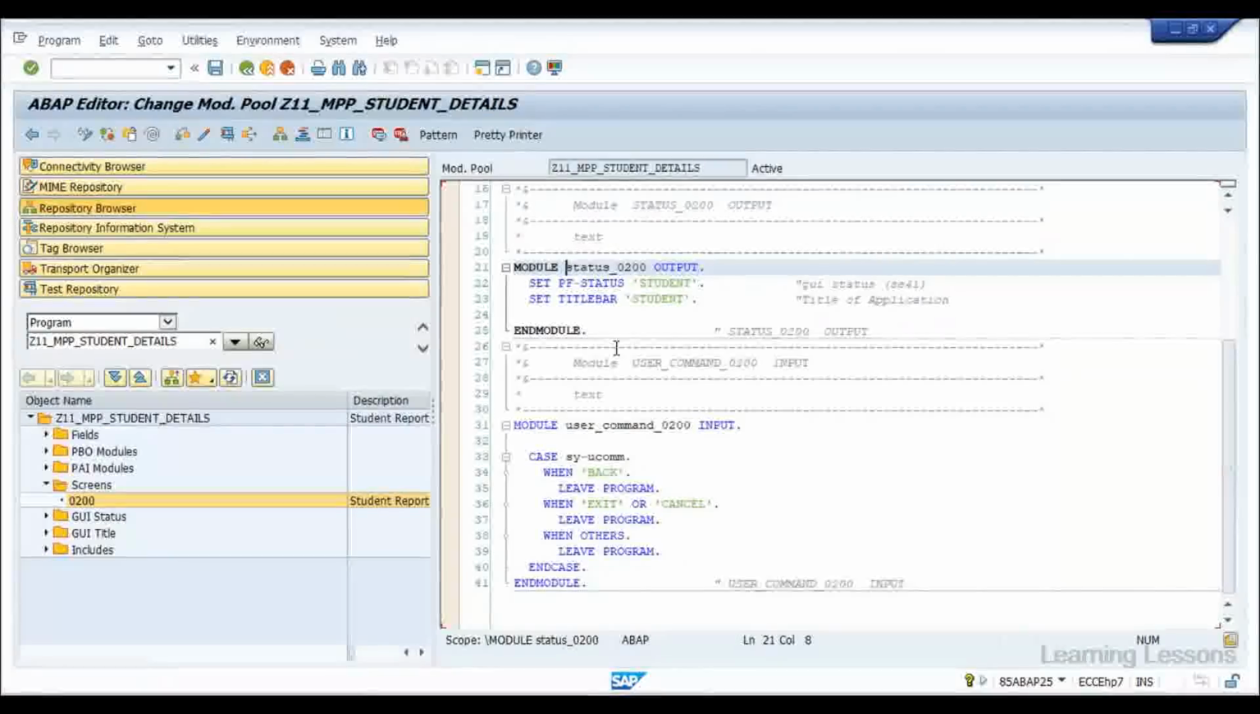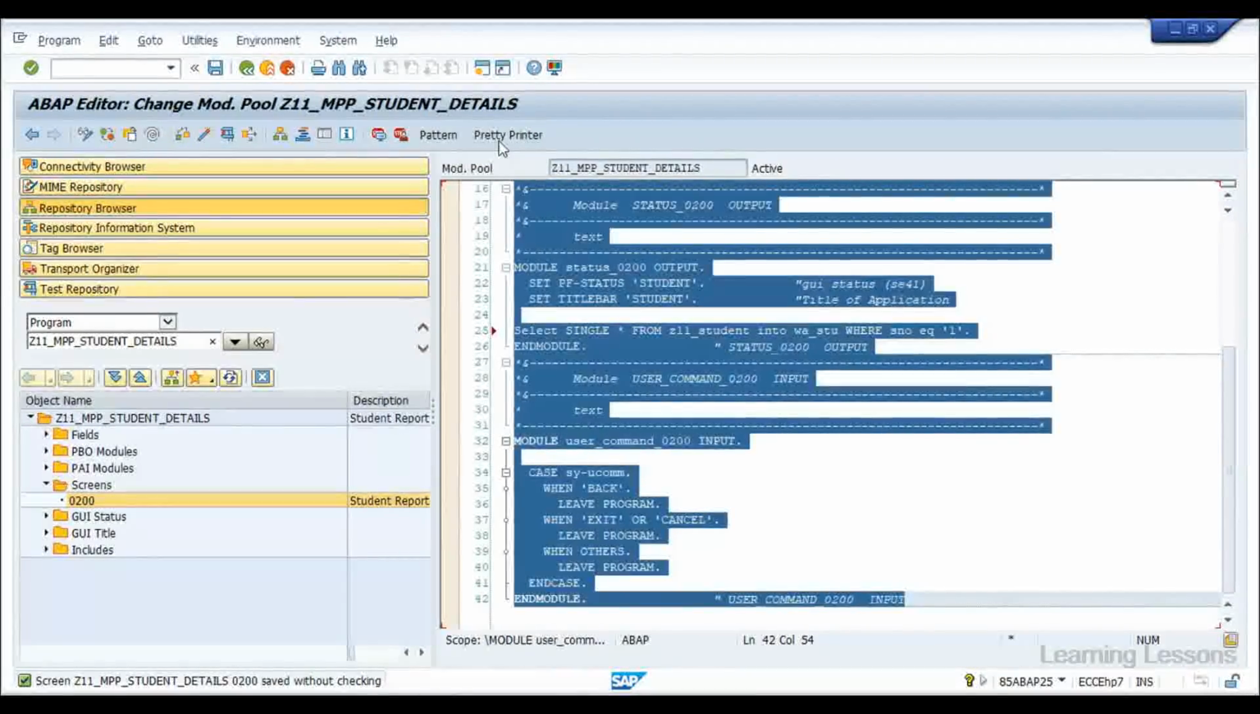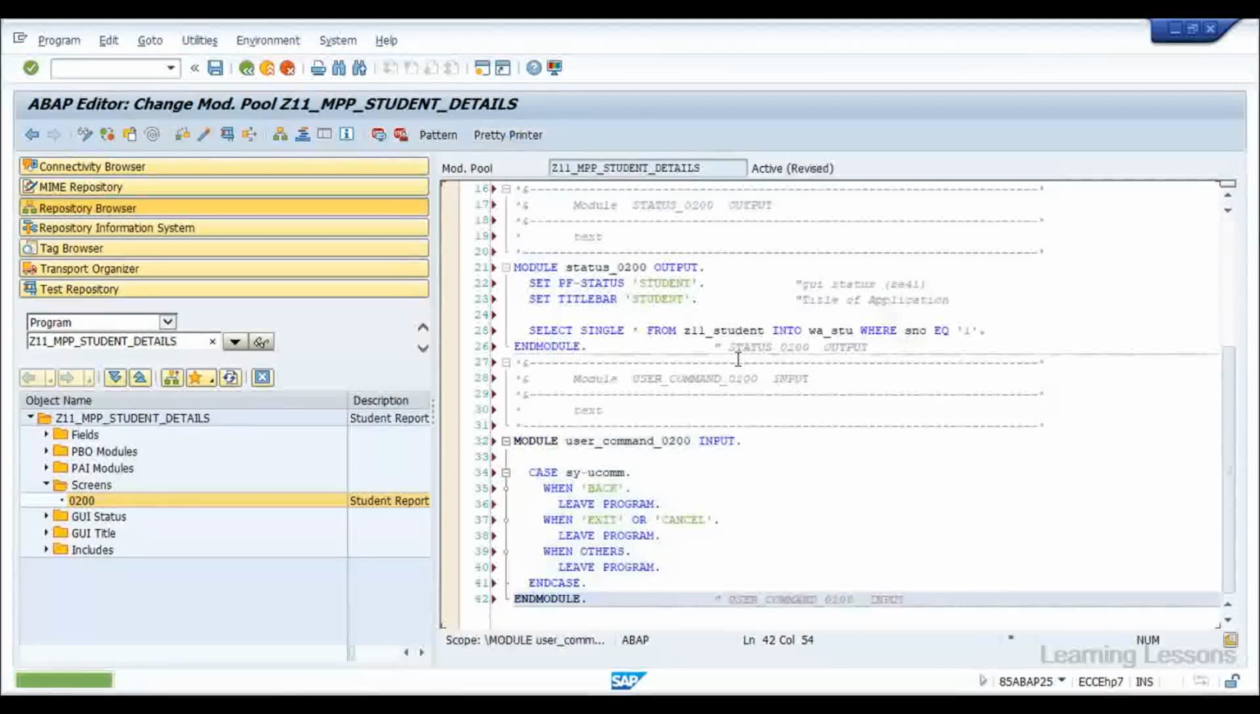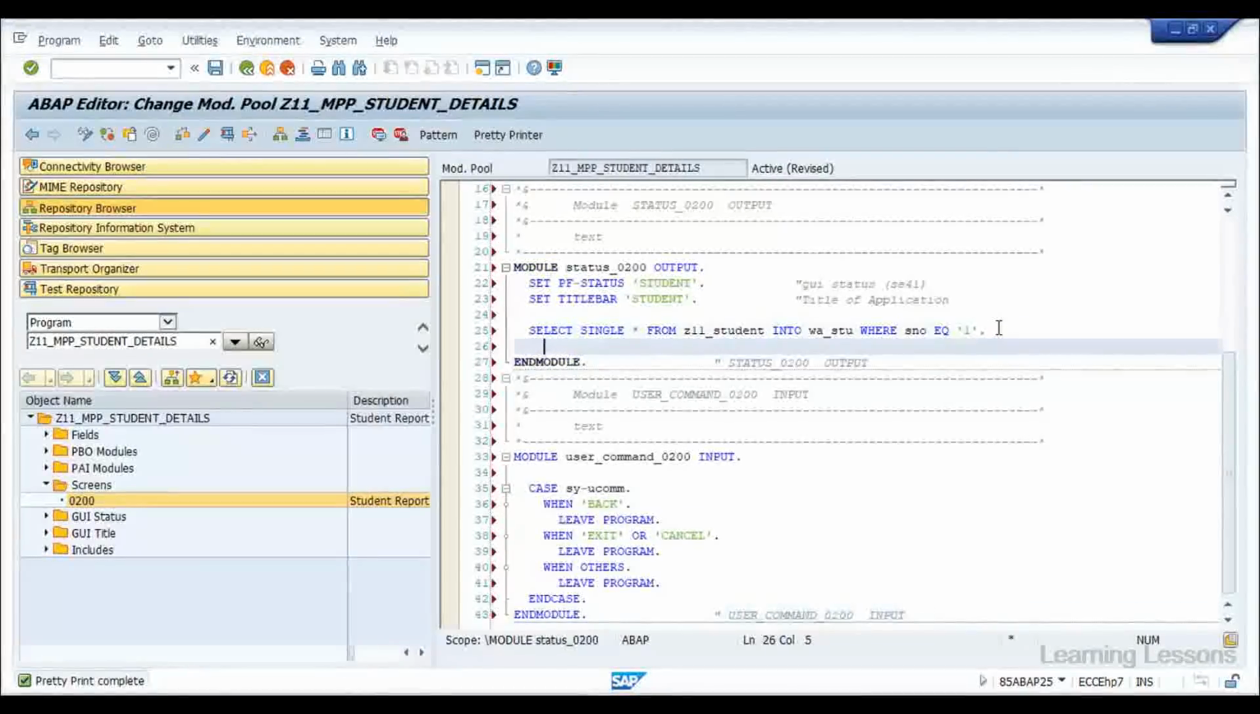So here I'm writing that select query, select single, because single record, star from Z11 underscore student into work area. Work area we created now, the top include same we can use, where SNO equal to 1. Okay, then enter student number 1. Okay, if sy-subrc not equal to 0,